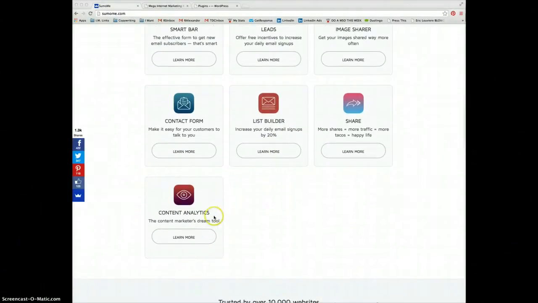So this is the newest one they've just released called Content Analytics. And it absolutely is a content marketer's dream tool, like I say there. So very easy to use. You basically just click on there, download it. It'll hit the bottom of your browser and you download there. You very simply go across to WordPress and install as a plugin, which I'll show you how to do in just a second. So what Content Analytics does is it basically shows you where on your sales page people are